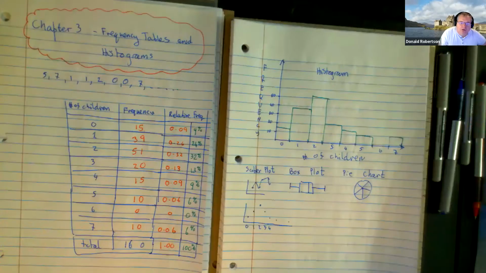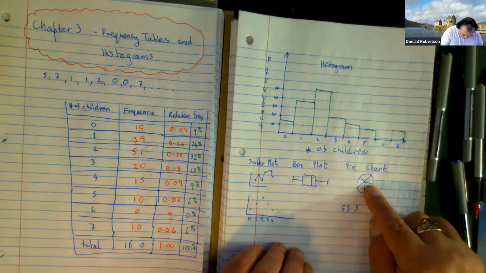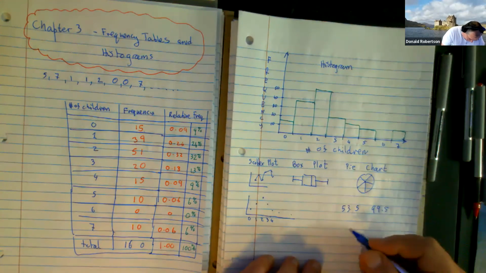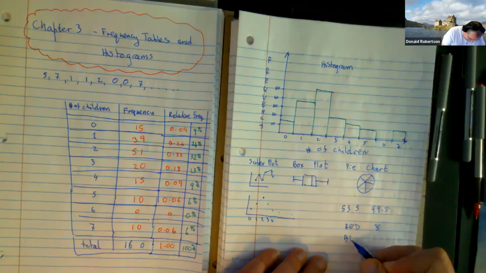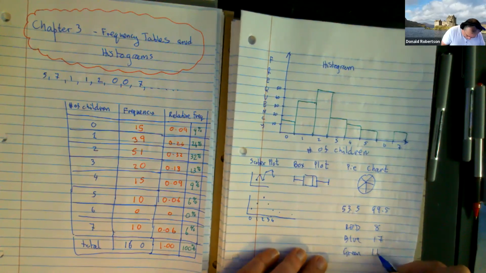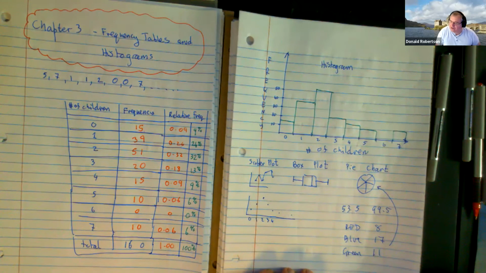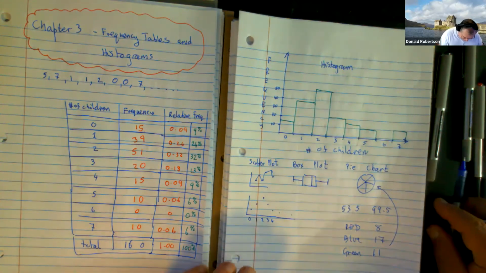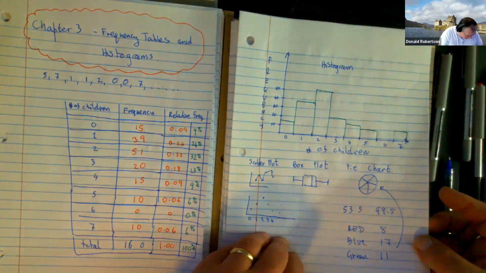So you can do all those things without actually doing them by hand. You're going to do pie charts when it's a table. Can you imagine somebody said, what's your favorite color? And 8 said red and 17 said blue and 11 said green. Wouldn't that work really well with a pie chart? Right, certain data works better with certain circumstances. So let's move on and talk about